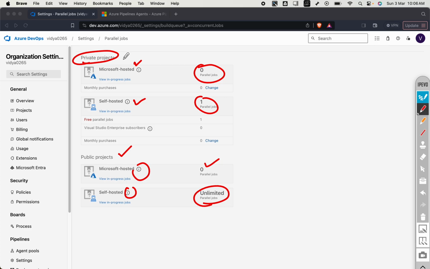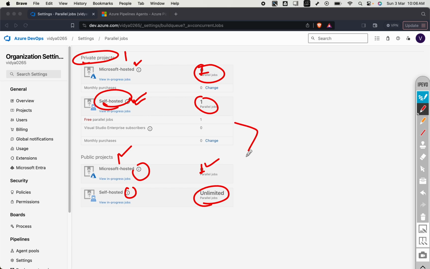So it means there are 2 type of project in organization, private and public. And for private or public, Microsoft has given nothing by default. So we requested for private, so it will be 1 in 2 to 3 days, and then we can run private job. For parallel also, you have to request, then it will be having 1. But let's understand, if you don't want to wait 2-3 days, how you can solve the problem by hosting your self agent, right? Now the agent can be hosted